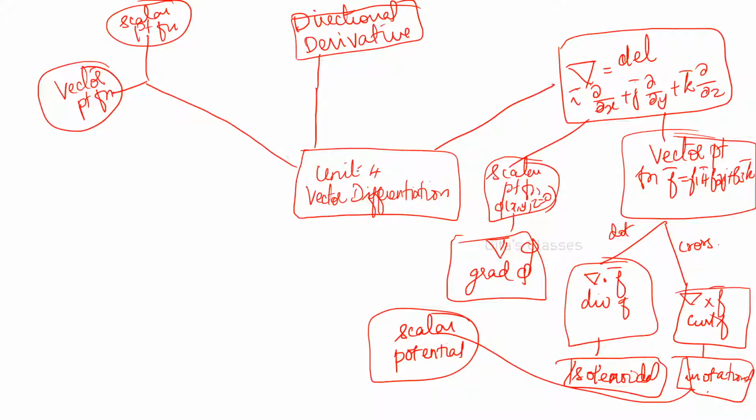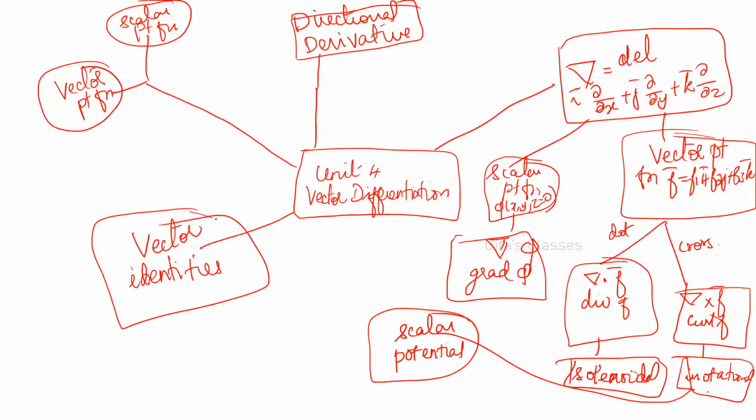Okay. Then we have some vector identities. Seven or eight identities are there. Whichever you can remember, you can study that. One definite question you can expect from vector identities even for university exam. Okay. That's all in the unit. If something is missing, we'll see later. We'll come back again. Okay. So this is del phi.